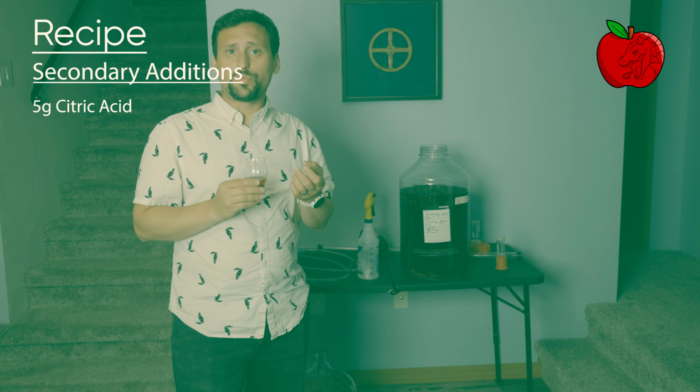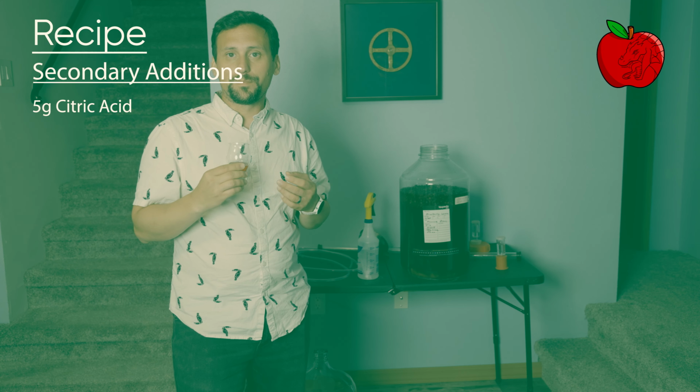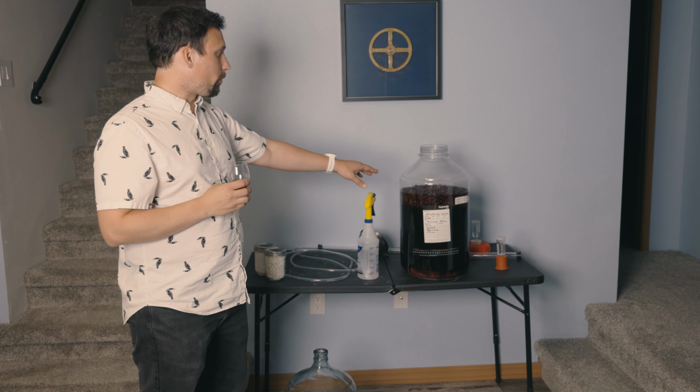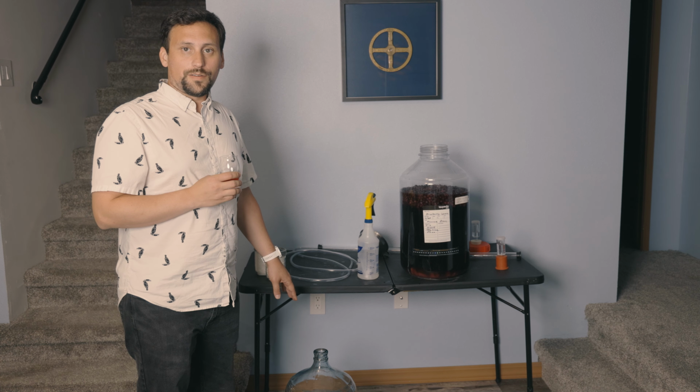I think that one of the adjustments I'm going to do in secondary, while I stabilize this and put it into secondary to allow it to clear, is I'm going to add about 5 grams of citric acid to kind of give this a little bit more bright punch to it and to really enhance that blueberry presence here. So we're going to rack this from our fermenter over here into our 5-gallon vessel that we have down